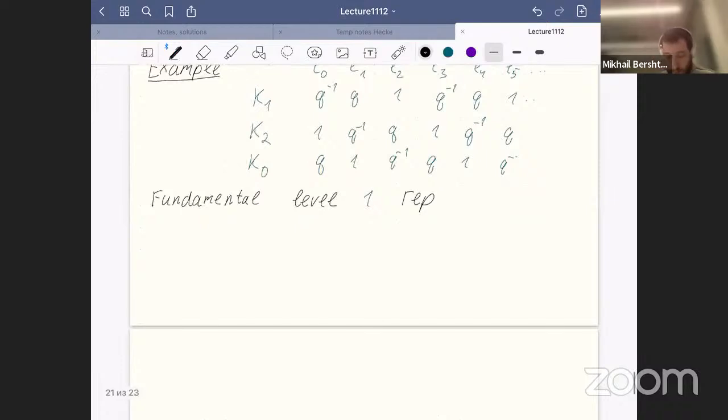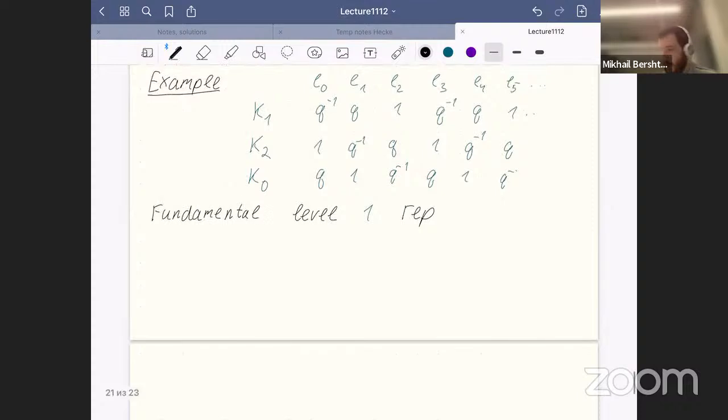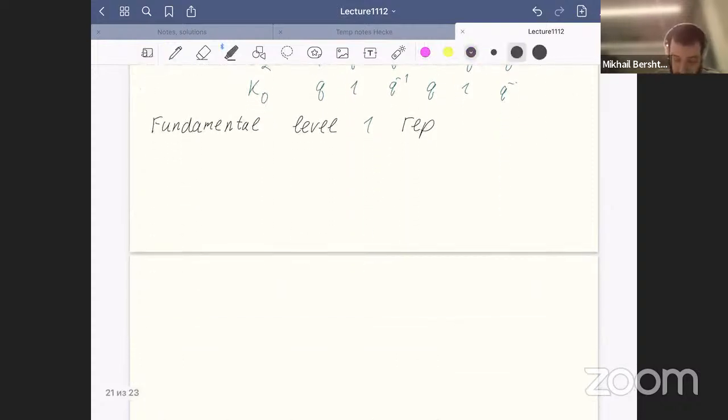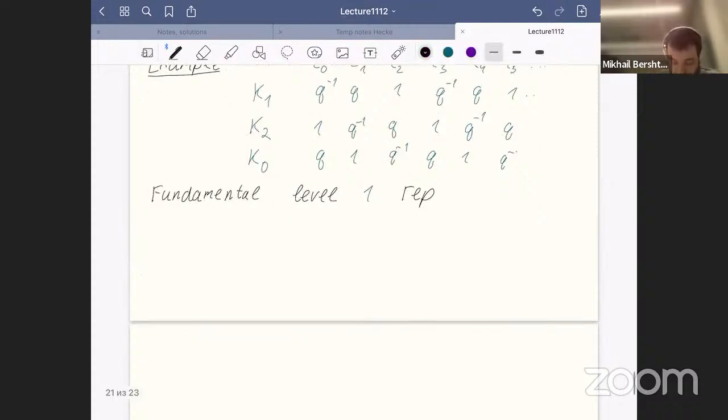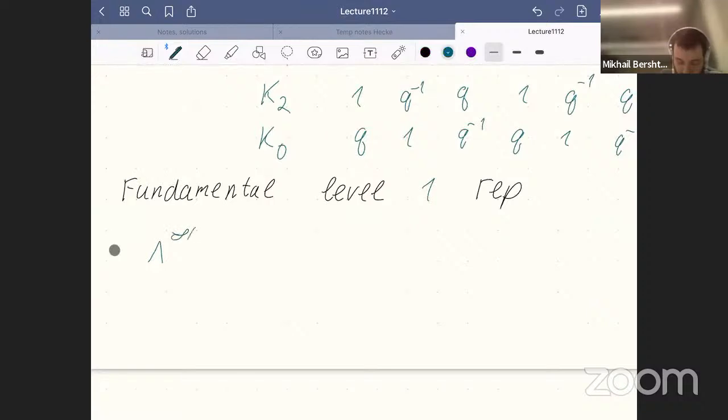Okay, I should stop more or less soon. I have actually two more points in my plan which I wanted to state, so I just state them and finish. The first point is that we get a fundamental representation, but actually we obtain not an irreducible representation of the affine quantum group. So the space which we defined, the semi-infinite weight space, is not irreducible